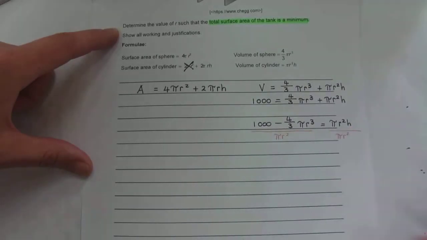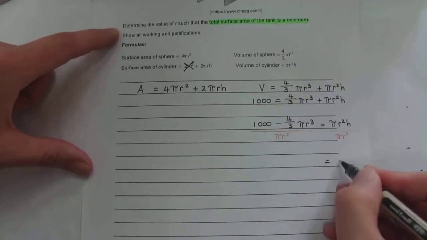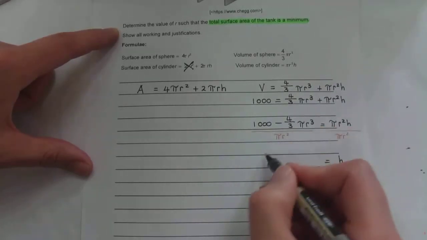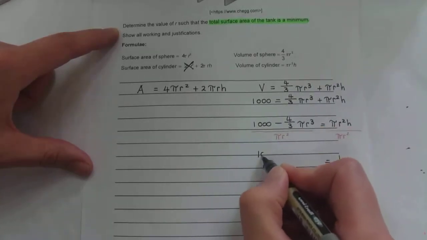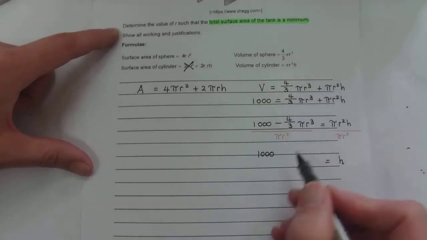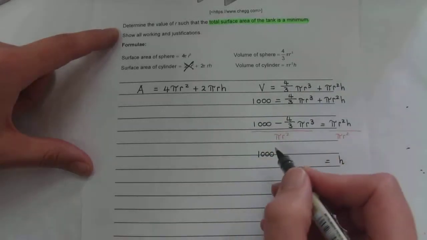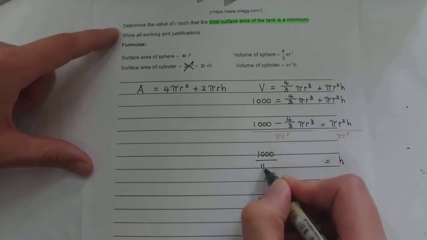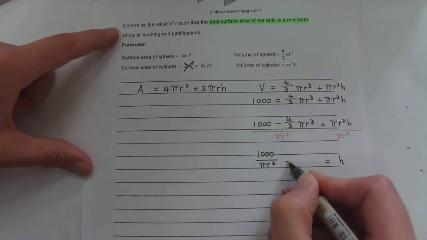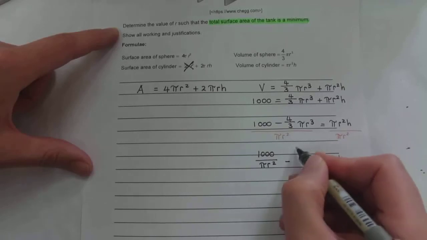So that means I can then eventually say that the height is supposed to be 1,000. And by the way, I'm just going to do distributive law here. You'll see it actually helps when I do the substitution. It's going to be 1,000 over pi radius squared minus 4 over 3